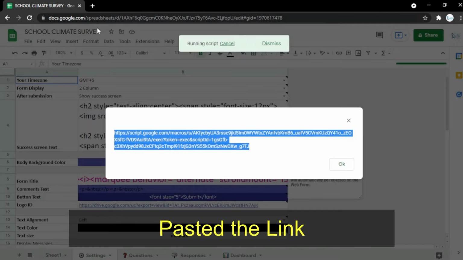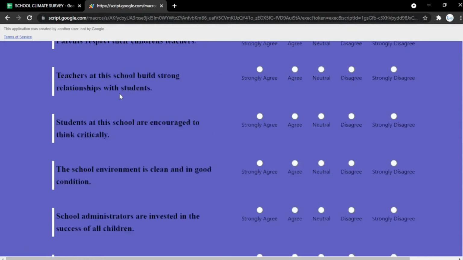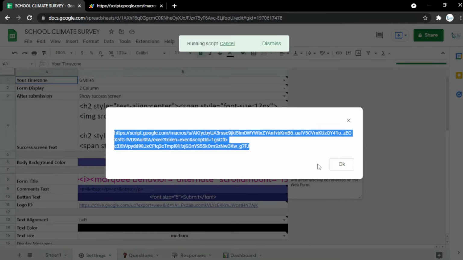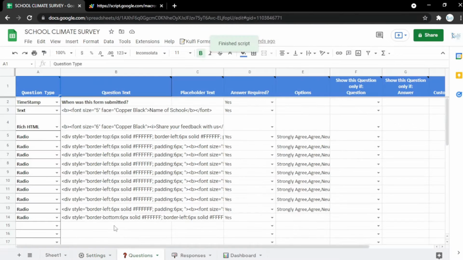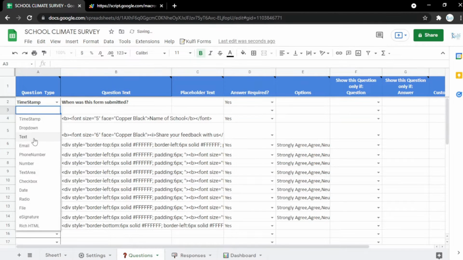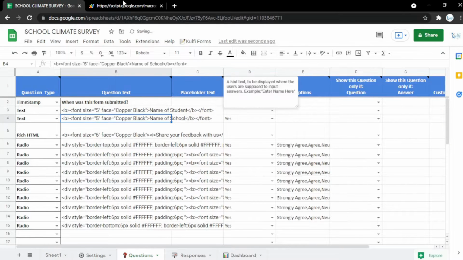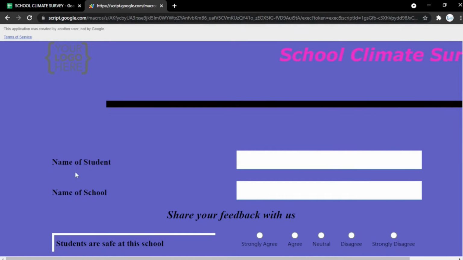Just copy it all and paste it on your search engine like this, and you will see the form is ready to use. But you can also customize the question, the title, or anything in the form, or even the appearance. For example, here I go to the question tab and want to insert a new row. I use text here and change it into name of student, for example, and it will show